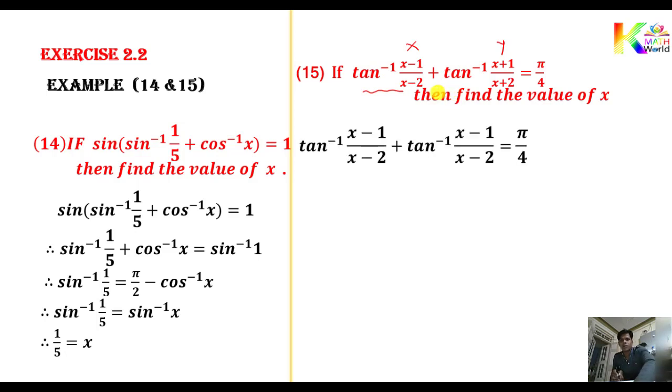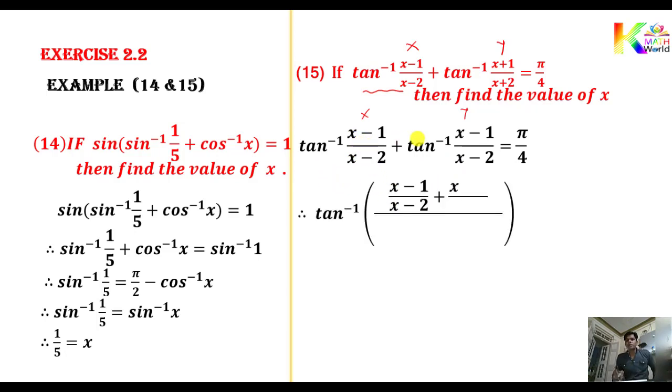So firstly, whatever is given, we can consider it. Considering this as x and this as y, you get tan inverse x plus tan inverse y. Now using the first formula, you get tan inverse of the addition of these two over 1 minus the product of the two. Using the formula we can write this way. Now suppose you want to remove this tan inverse function from this side, then tan inverse on that side converts to tan.